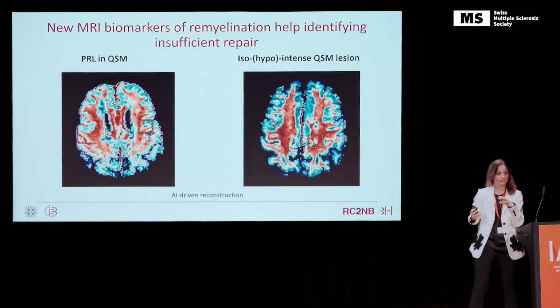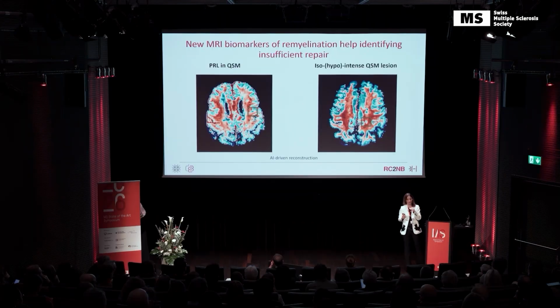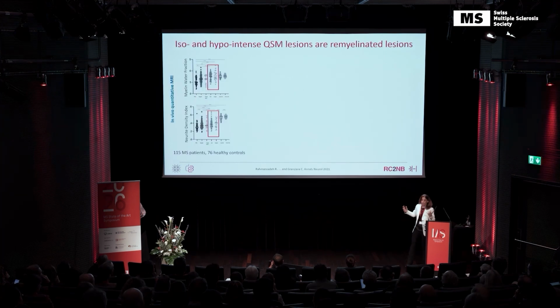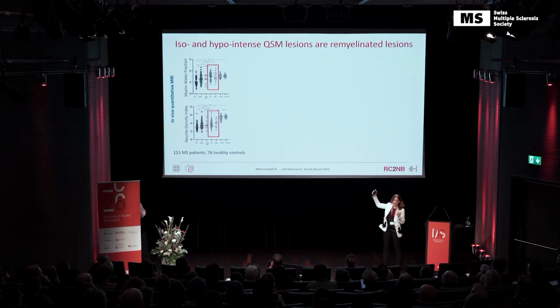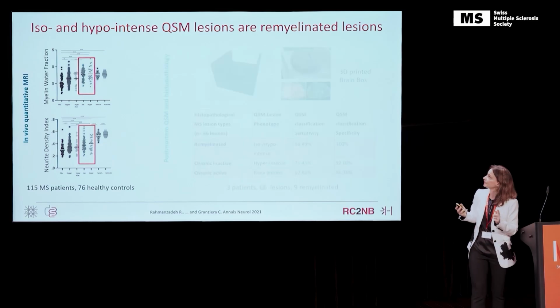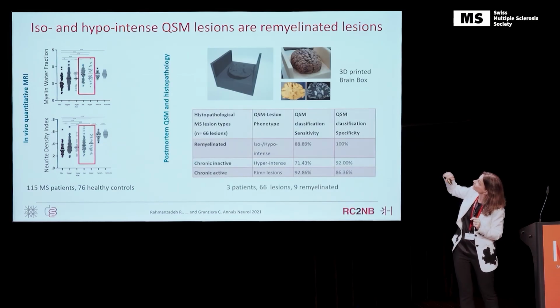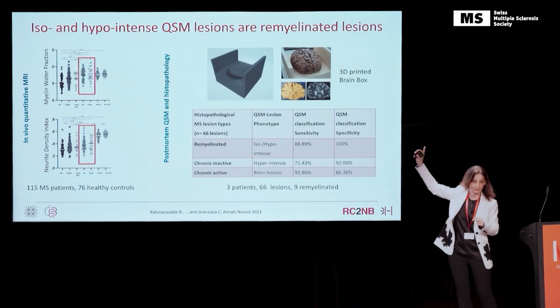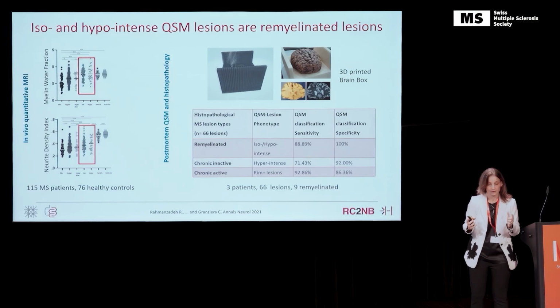It's the same for lesions that are a bit blackish, which we call hypointense. So these iso-hypointense lesions behave like this. And we quantify it. So these are the lesions in the two boxes, again with these measures, myelin-related and axon-related. And you see that these lesions, compared to all other lesions, have higher content of myelin and higher content of axons, which let us hypothesize that those are remyelinated lesions.